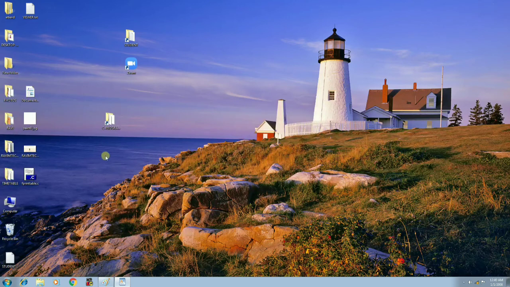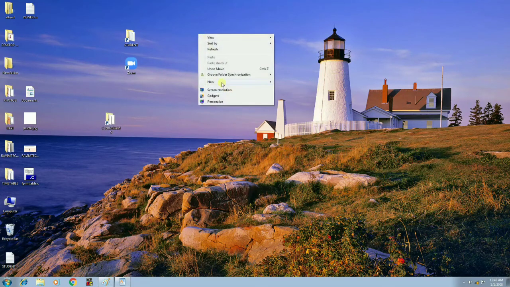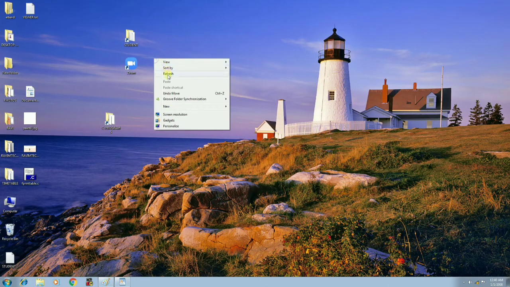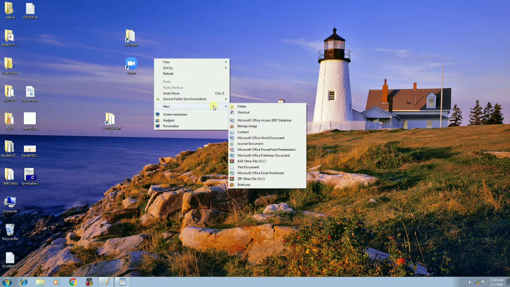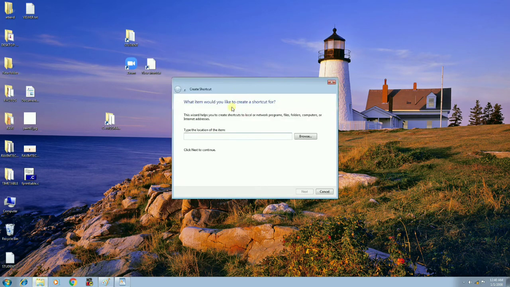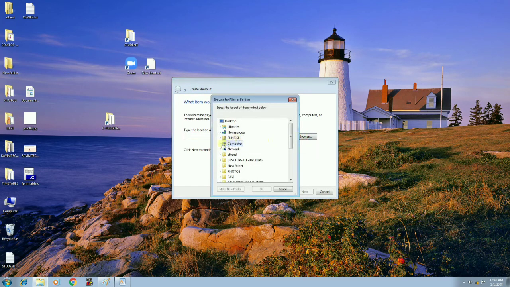But sometimes I want to access a particular program so many times. On the only one program I want to open regularly. In that case, what you need to do is create the shortcut for the file also. In the same way, the path is same. Go to right mouse click on the empty area of the desktop, then go for new option, then go for shortcut option. Then it is asking wherever the file or folder was available. Now I want to select a particular program, that is also called a file. In the D drive, I have the C programs folder. For example, I want to create the shortcut for one file.